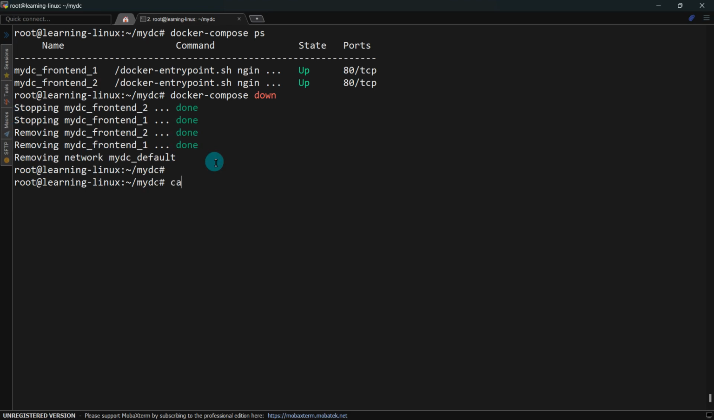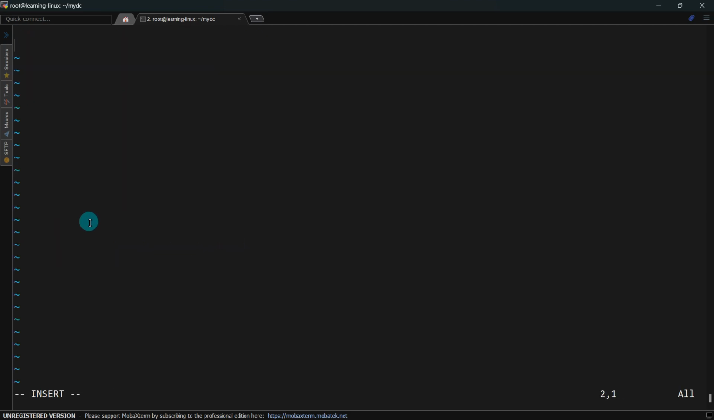Now what is the content of my docker compose? This build dot. Okay, so let's write a docker file. Simply I'm not going to run touch. Simple docker file we have written, and we are going to